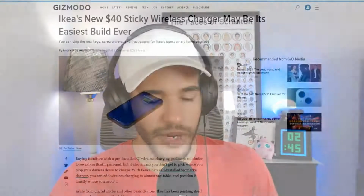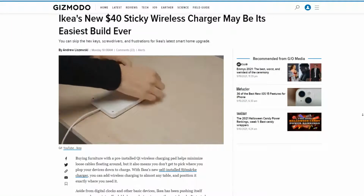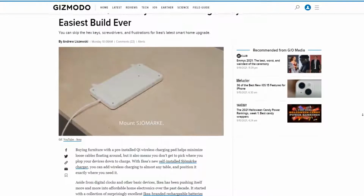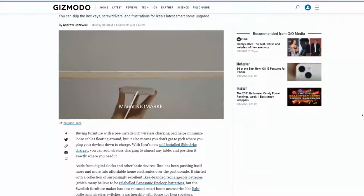All right, this next one is really exciting. This is a technology that is kind of hard to find in some cases, but Ikea has come out with a wireless charger you can stick under your desk for $40, and it will let you charge your Qi devices. All you've got to do is stick this thing underneath the desk. Of course, there's a certain